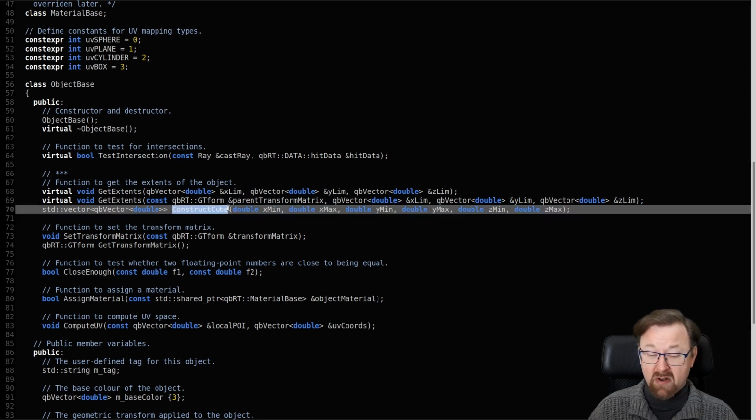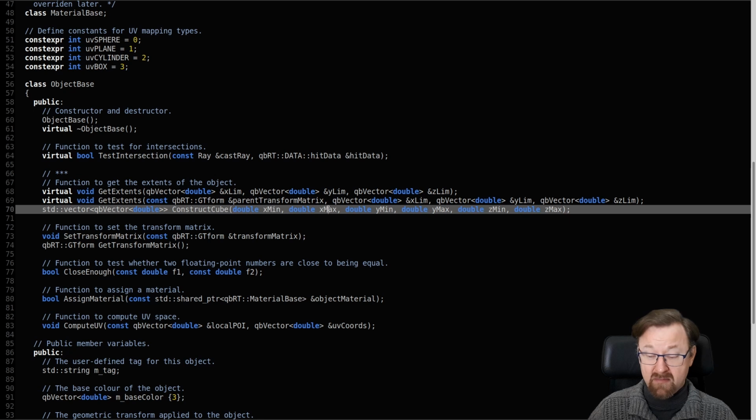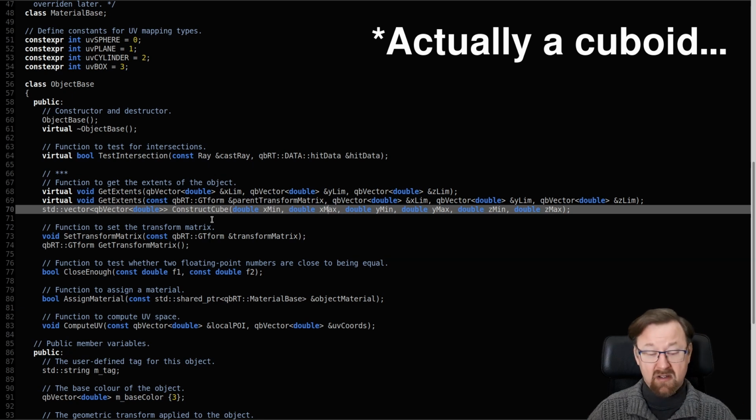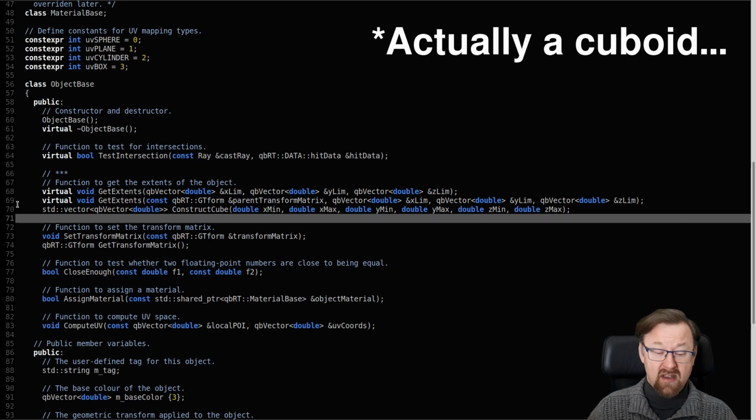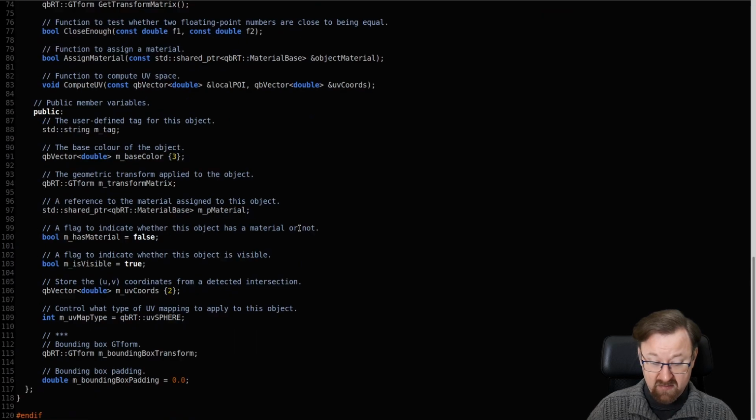And we have another function here called constructCube that simply accepts as input the minimum and maximum x, y, and z coordinates that define a cube. It could be a unit cube or whatever you want, and it returns the corners of that cube in an STD vector of QB vector objects. Okay, and that is everything that we need to change here for the header file, except down here we also